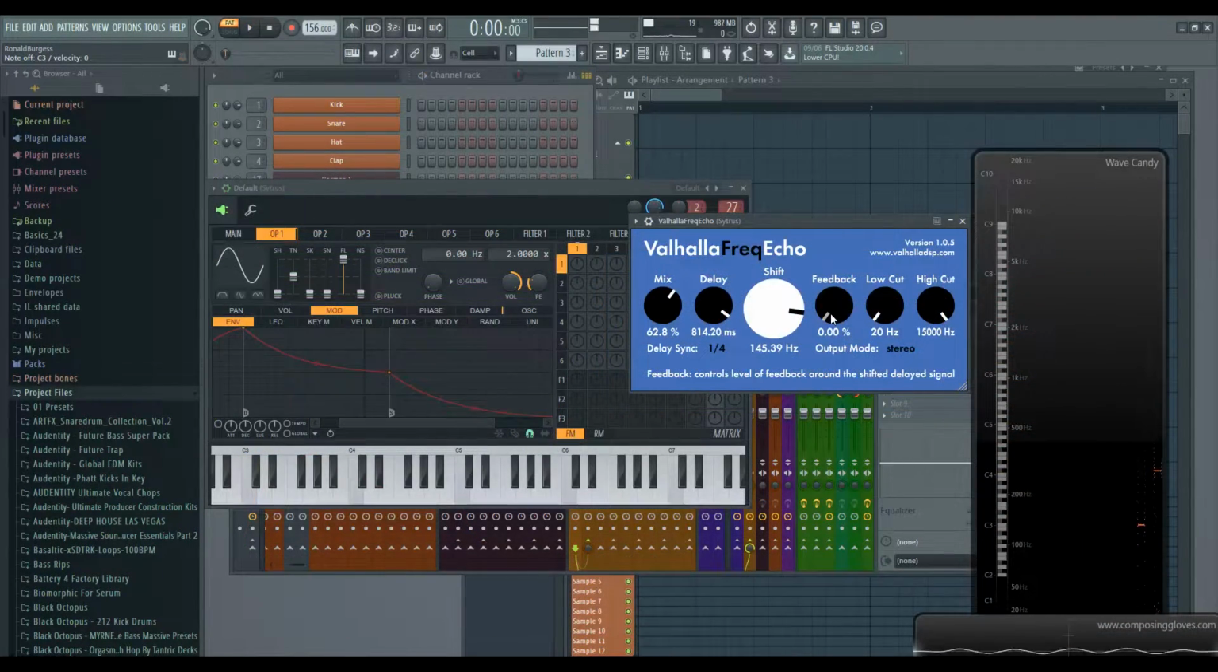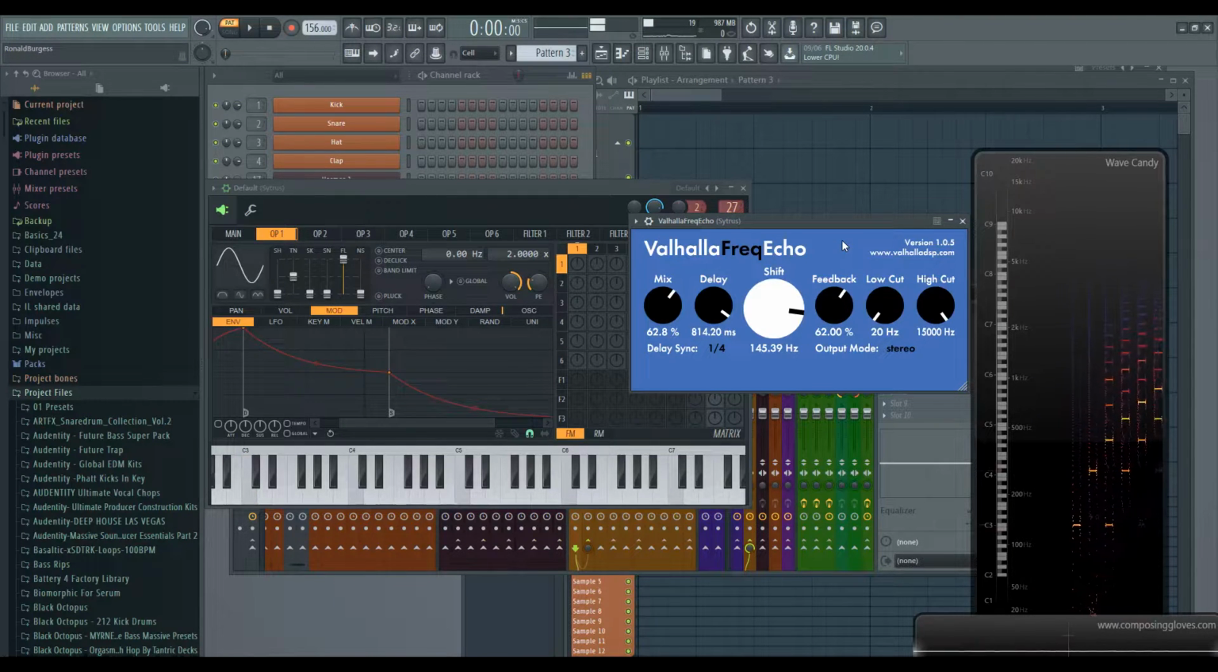I want to take a moment here to really quickly point out how important the equalizer is at the end of the signal chain. The equalizer, especially the high cut, basically acts as a ceiling. So if you have a high feedback,